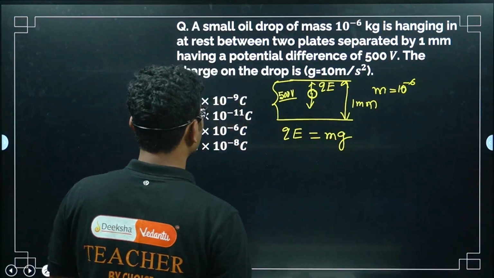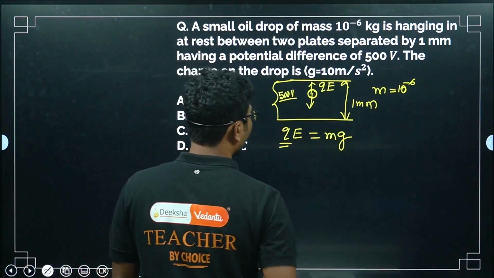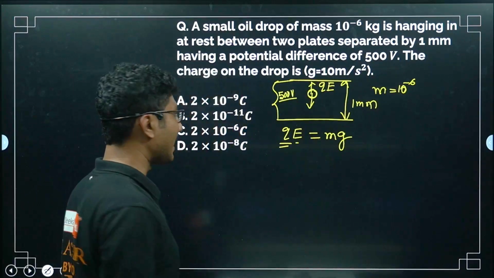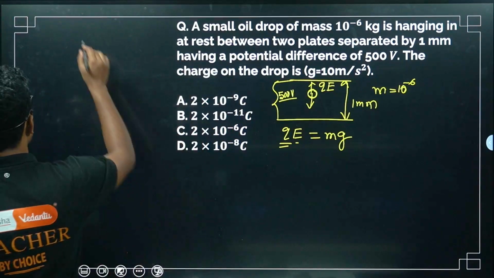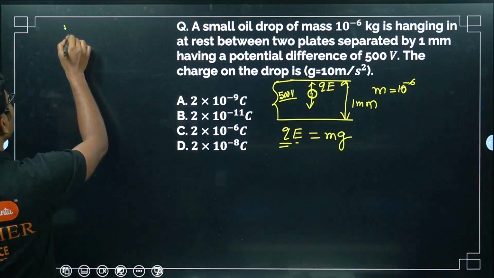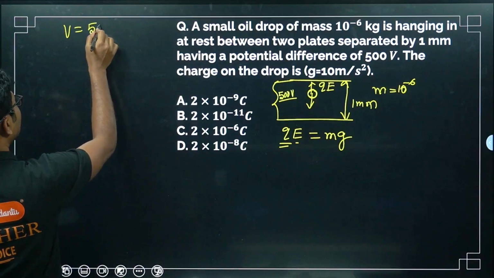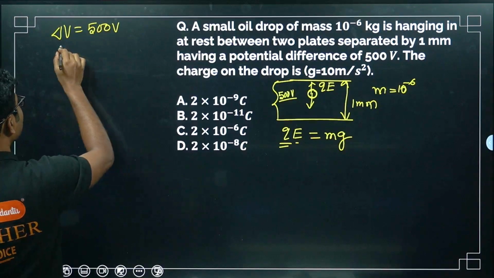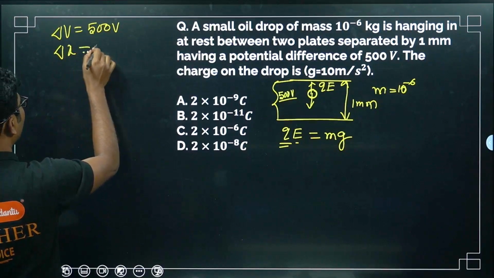Okay, now we have to calculate the Q. Before calculating Q, we don't know E as well. E is not directly given. What is given is the voltage difference, 500 volt, and the distance difference is 1 millimeter,